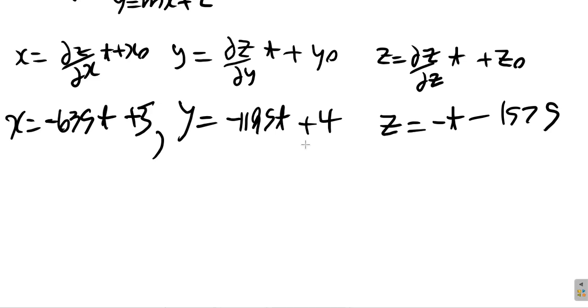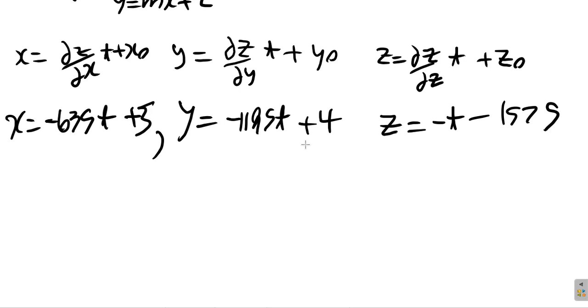Alright, so there you have these three equations. x equals negative 635t plus 5, y equals negative 1195t plus 4, z equals negative t minus 1575